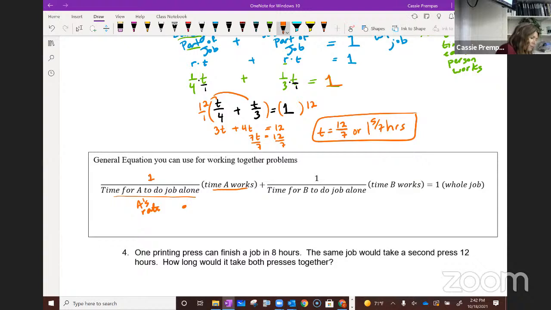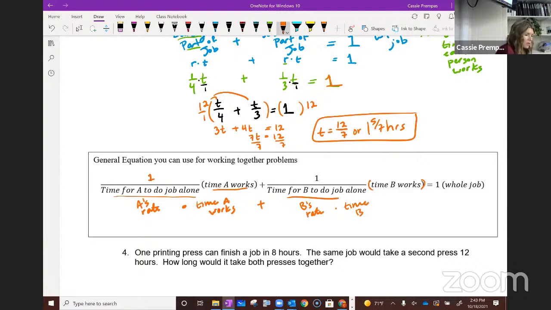So the rate times the time A works, plus the rate of person B. The rate can always be found by taking 1 over the time it takes B to do the job alone. So this would be B's rate multiplied by the time B works. So rate times time,